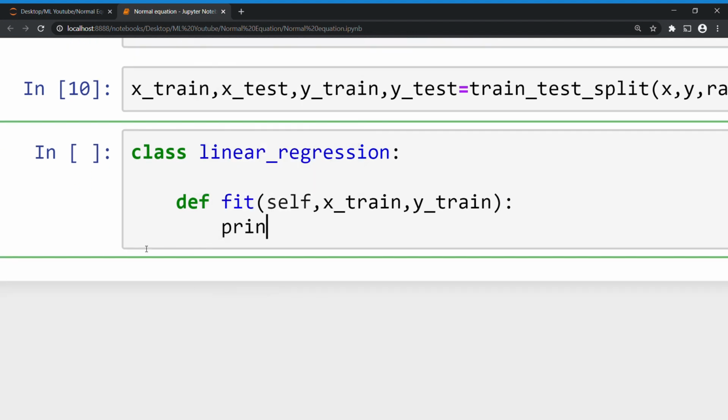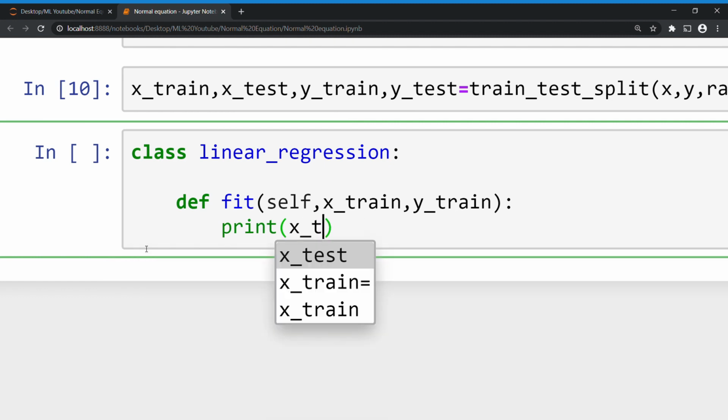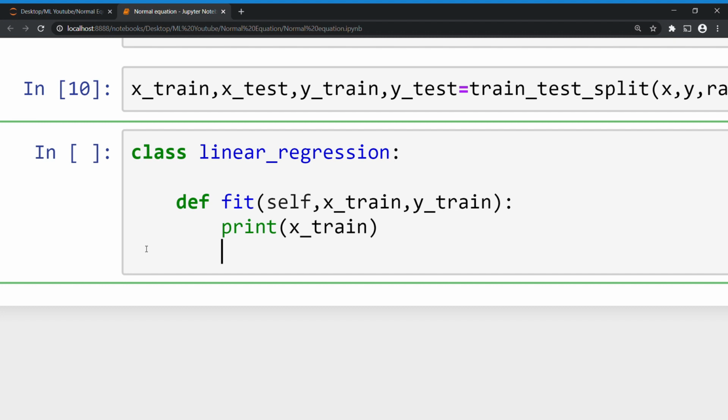I'm printing the x train here for understanding purposes, because we are reshaping and modifying the x train. That's why I'm going to print x train before and after we modify it.